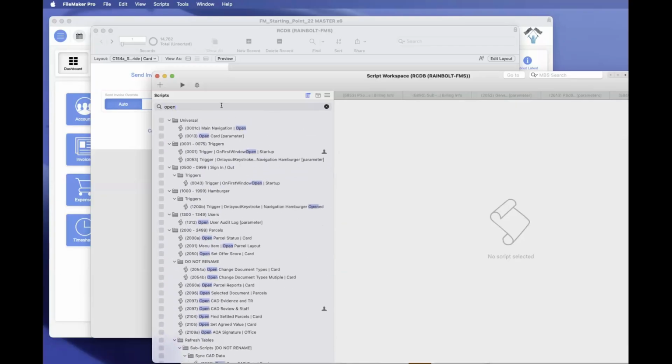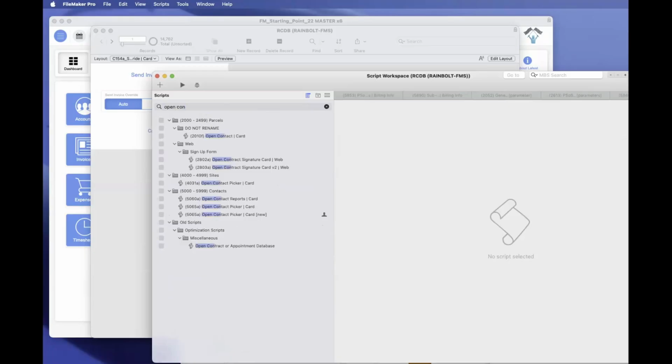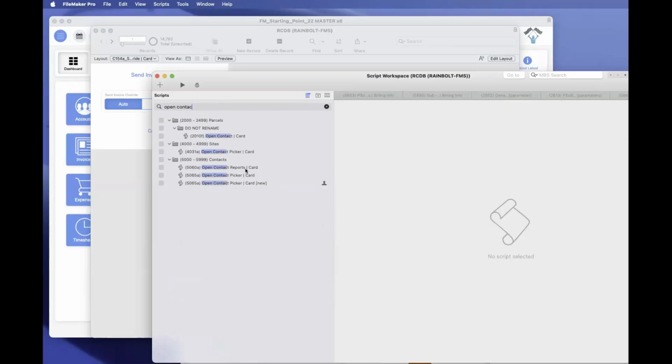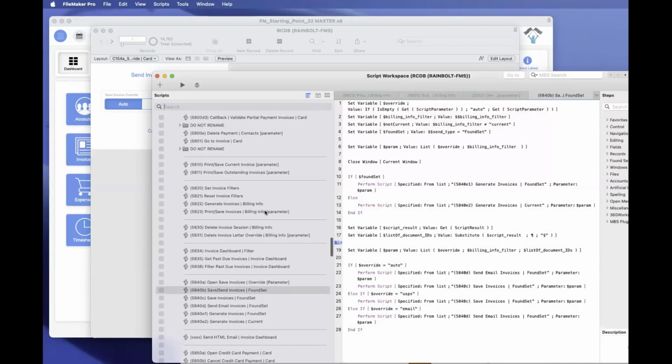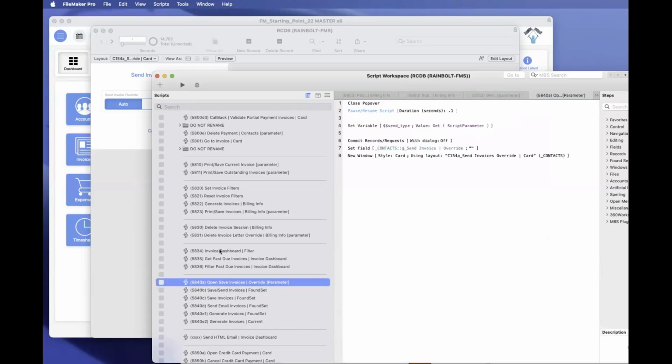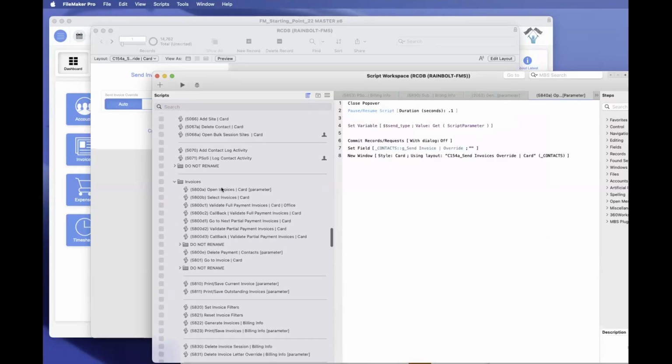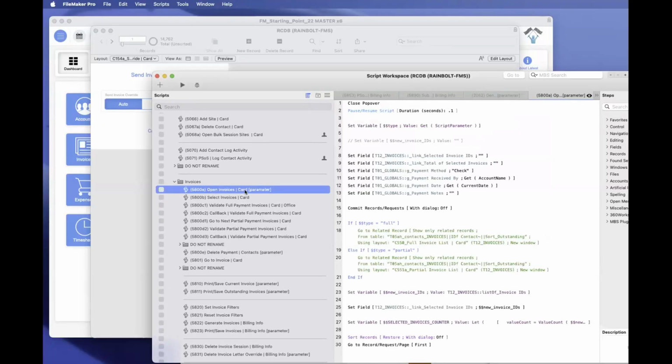okay? So I want open contacts, all my open contact stuff, okay? When I want to open contact, I open something. Open means I open a window, okay? You open the window of the contact, right? And then you say, okay, open save invoices, and then you say open invoices in a card